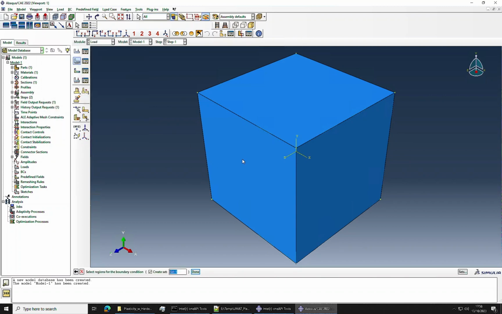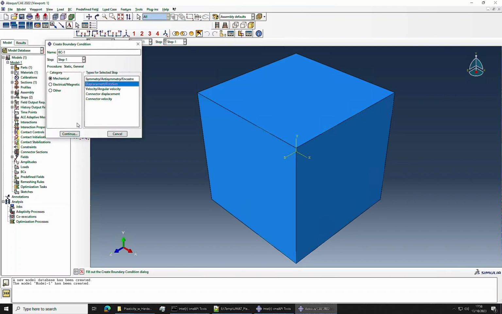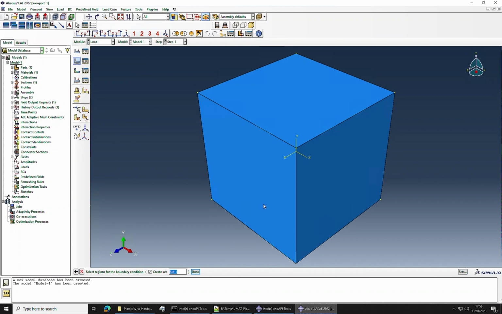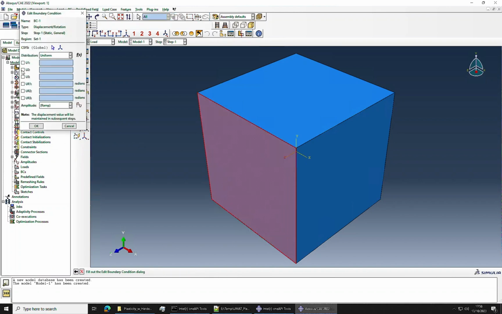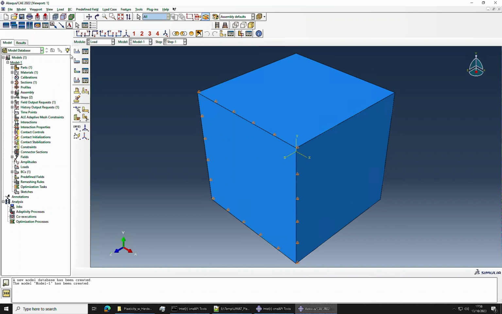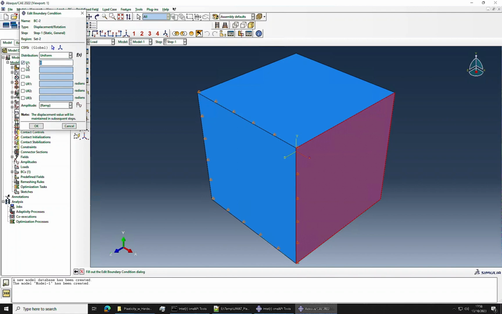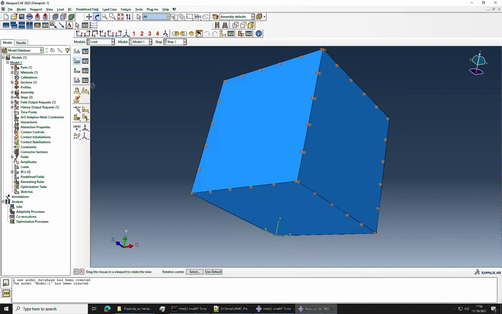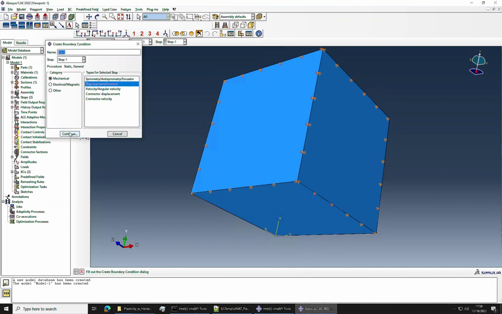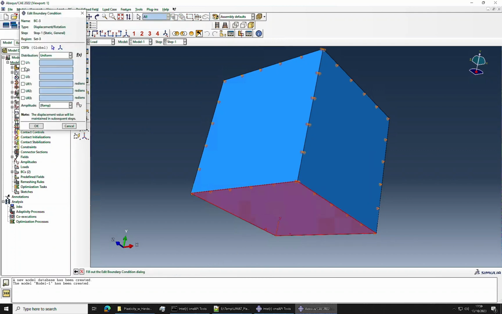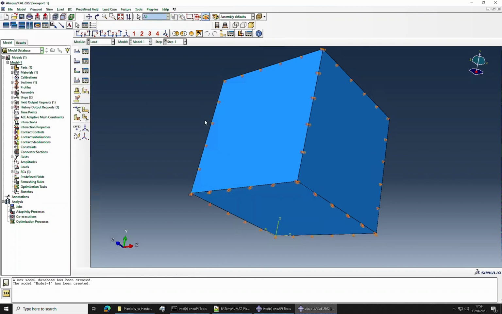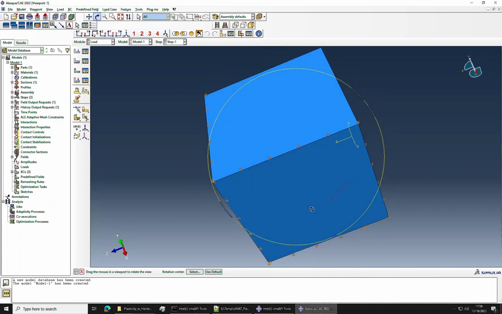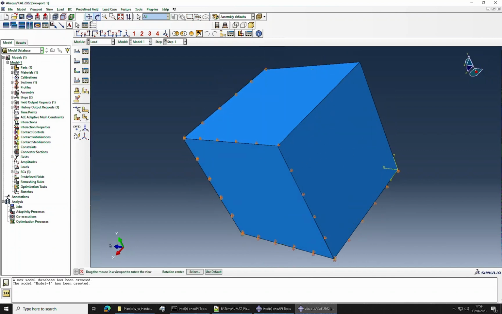Again, I'm going to use a uniaxial boundary condition to fix this in displacement, and then I will select this. Then I will select U3 to be 0, then displacements U1 to be 0, and then displacements U2 to be 0. So this way we have defined the boundary condition,